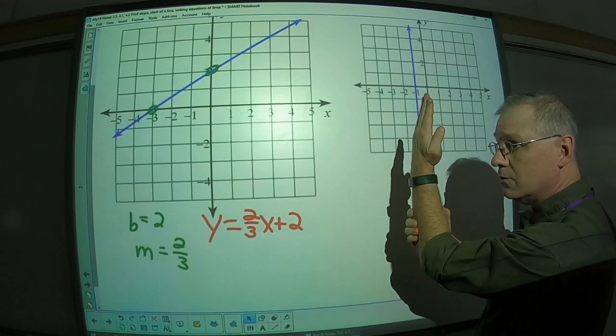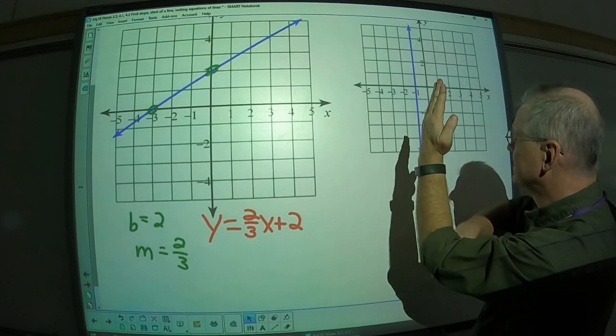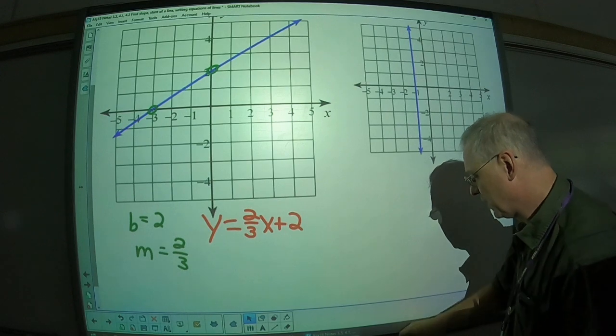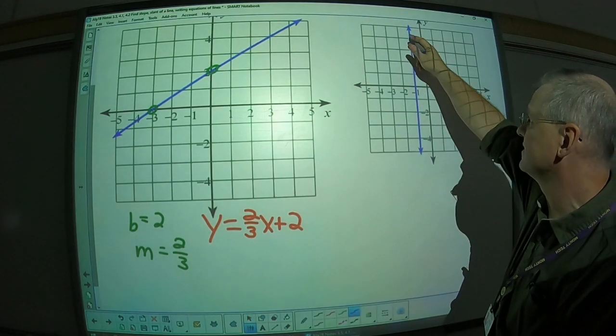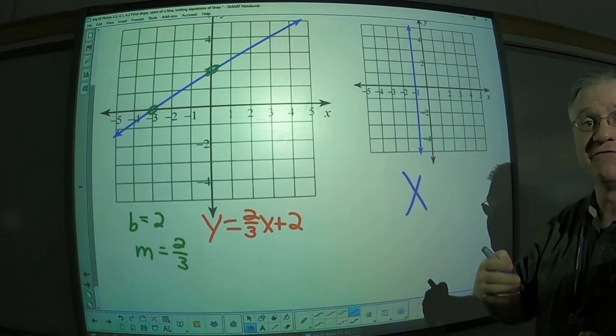And the answer is no. And x represents the left-right movement. It shifts all kinds of places with y, but it never changes the x value. So therefore, because it doesn't change x at all, then x is going to be the variable